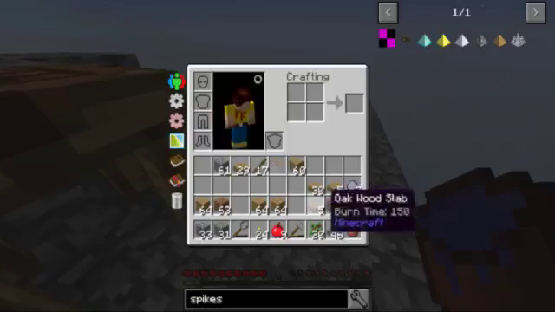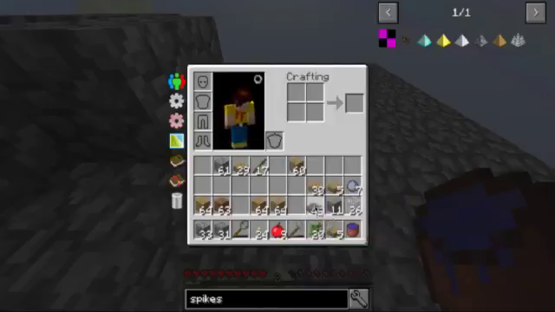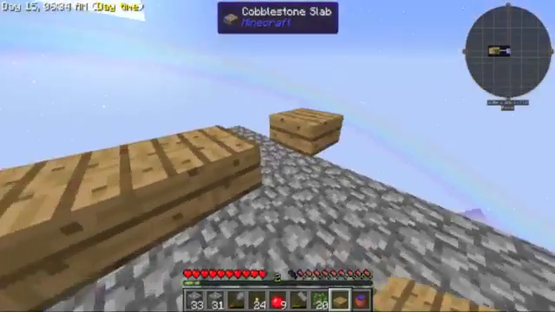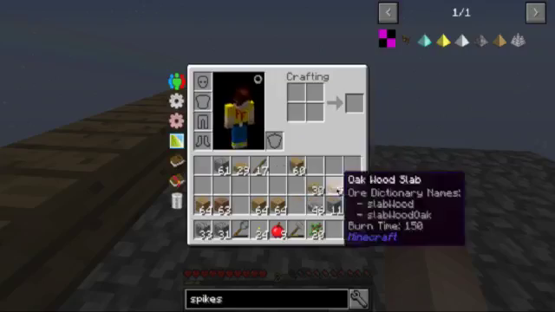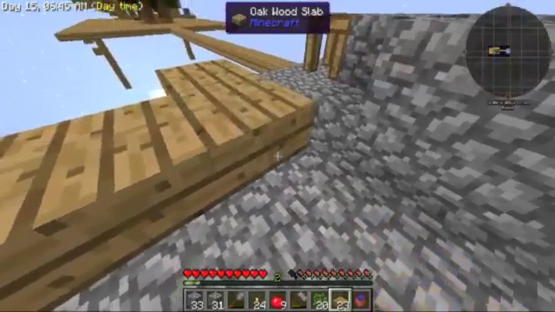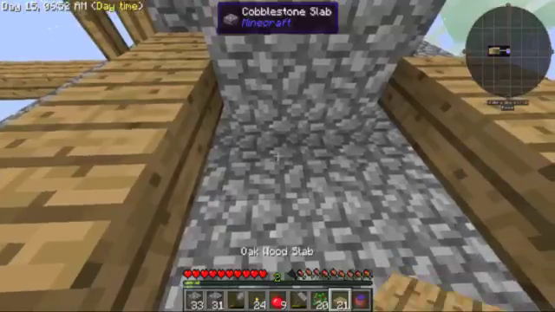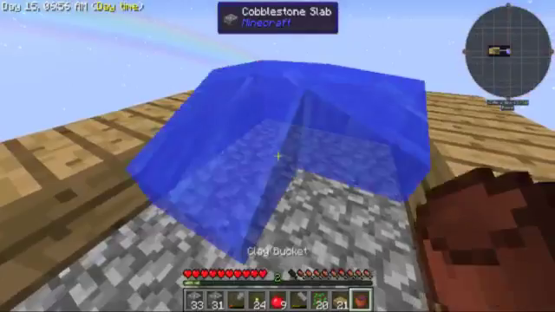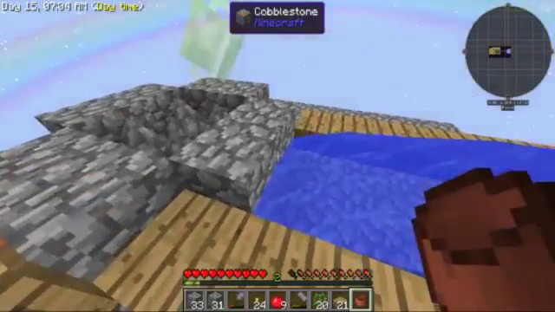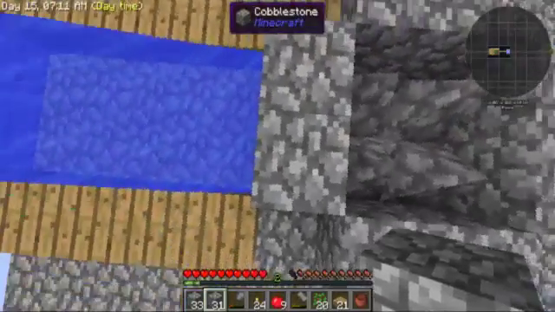Okay, we do have some wood. That's awesome. So what I'm going to do is throw some wood around here for now. And I'll do some more. Give myself a nice one of these. And then we'll just put a little water thing over here. And that way when I jump down into the water, I won't die. Okay, so we're going to go up, let's see, 1, 2, 3,